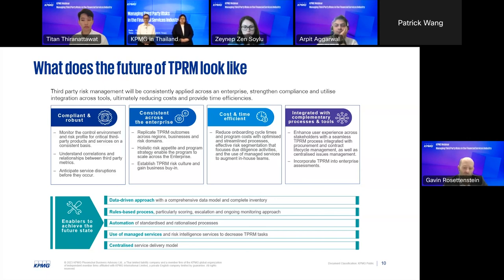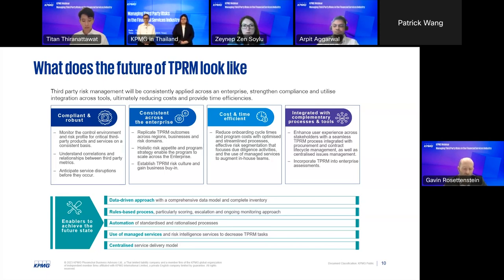Rules-based. When I was talking before around the segmentation, go through and understand how you segment your suppliers, your third parties, appropriately, based on the procurement category that they sit within and the risks that they pose to the organization. Based on that, you should be able to tell which risks are of higher focus, which risk domains or areas you should be focusing on, and how critical those third parties are to your organization. That drives and determines your ongoing monitoring approach and the level that you need to engage with and do it appropriately.